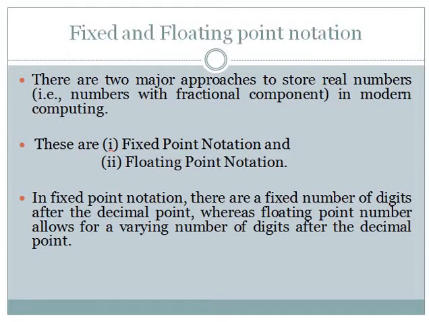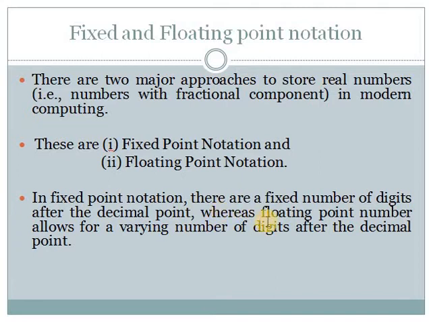Now we will see what is fixed point and floating point notation. There are two major approaches to store real numbers, that is with a fractional component, in a modern computer. One is fixed point notation and another one is floating point notation. First we will see what is fixed point notation. In fixed point notation, there are a fixed number of digits after the decimal point. So after the decimal point there will be a fixed number of digits, for example 3, 4, 1,